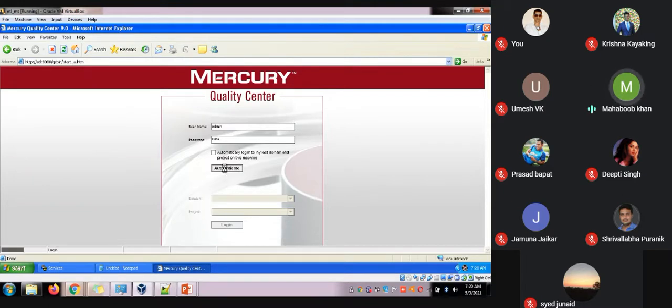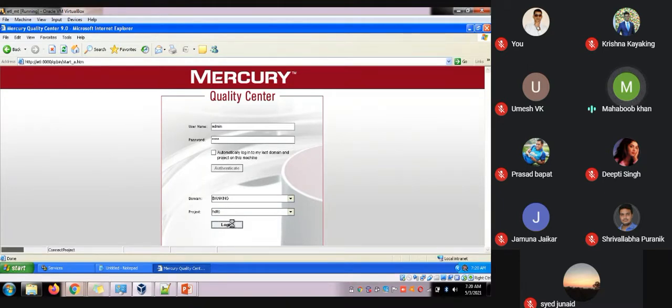When you click authenticate, when you join the organization, you are told which project you are going to join. You need to select the related domain and project here and click login.